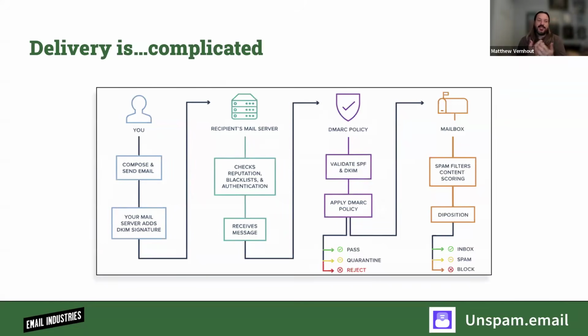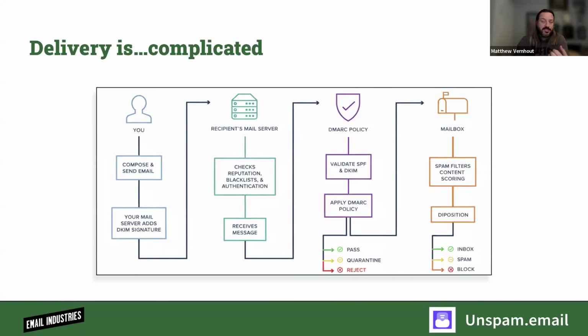So I always like to start because people complain about deliverability and they don't necessarily understand what it takes to get through A to Z when it comes to deliverability. There are lots of moving pieces that can confuse people as to where something fails. And all along this roadmap, if you will, become opportunities for messages to have a delivery challenge.